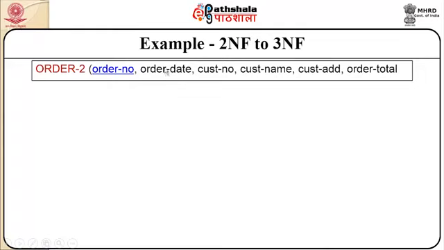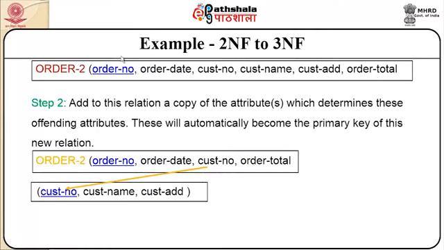attribute order date is dependent on order number, customer number is also dependent on order number, whereas customer name is not dependent on order number, it is in fact dependent purely on customer number, which is not a key attribute. Customer address is also not dependent on order number, it is dependent purely on customer number, which is not a primary key. Order total is dependent on order number. So, if you look at this particular relation,